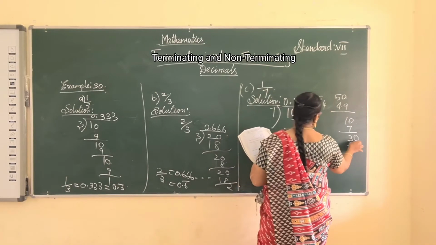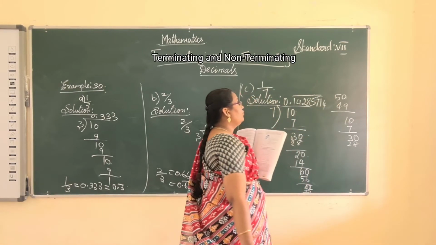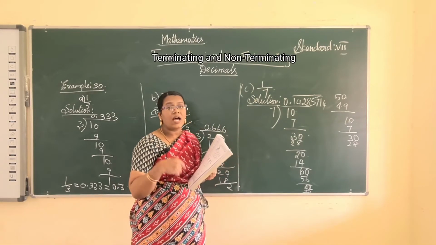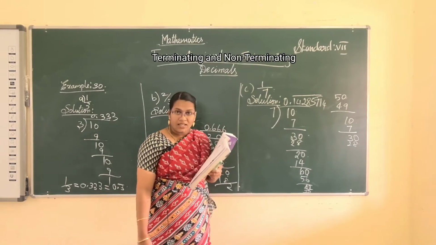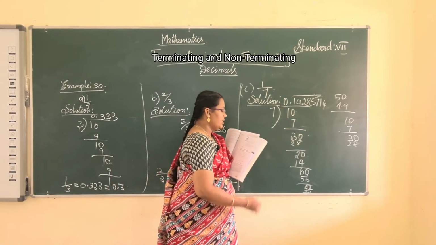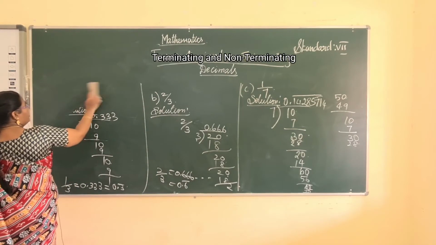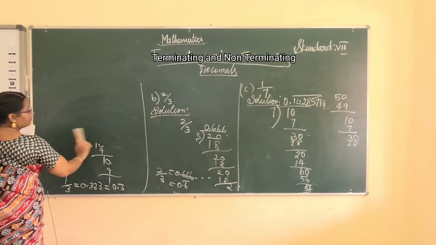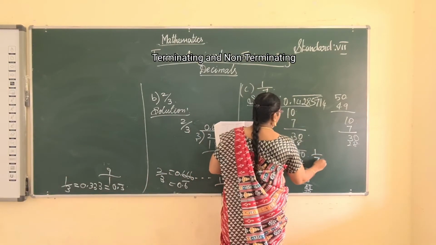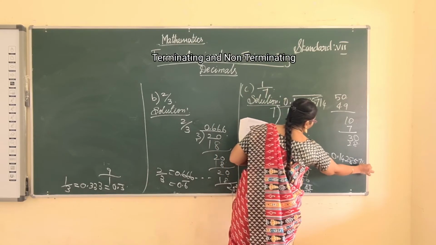4 times 7 is 28. So the process repeated: 1 4 2 8 5 7. Again we get continuously the same process. This kind of decimals are called non-terminating decimals. Okay, now I will write the definitions. So what is the answer for that problem? 1 by 7 is equal to 0.14285